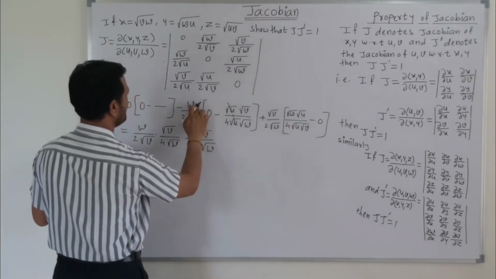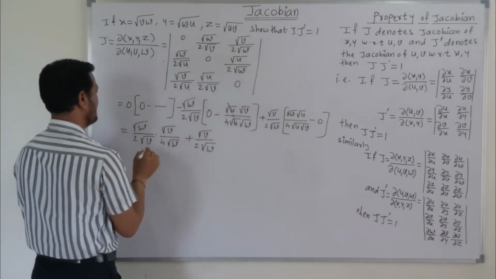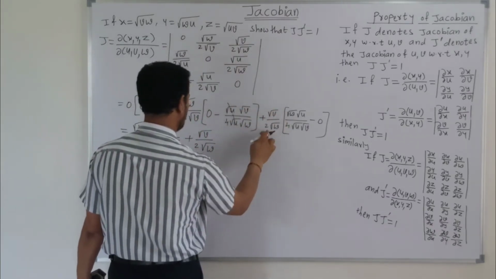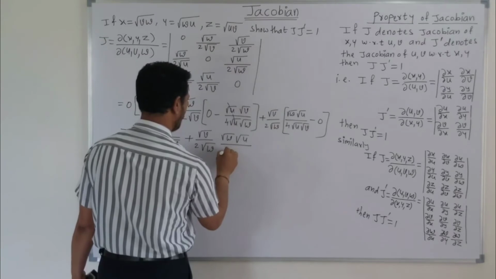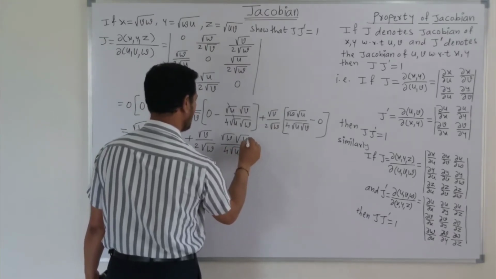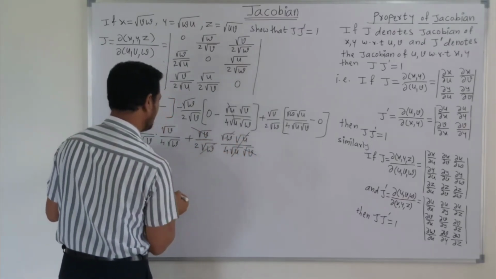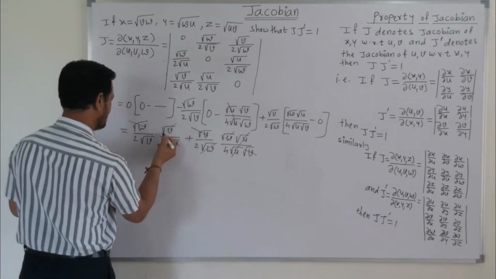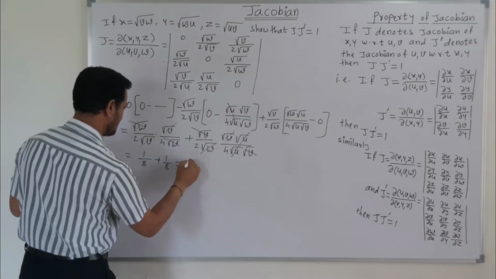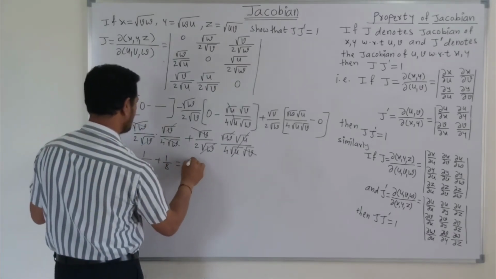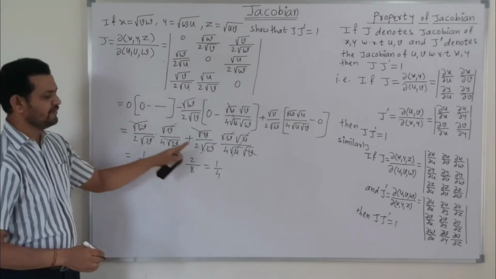So actually here w is there, so this term is root of w. So this is minus, so this is root of w. Then after taking this, v upon this term, so this is root of w root of u upon 4 times root of u root of v. So root of u will get cancelled, then this v will get cancelled, this w will get cancelled. So this is 1 upon 8 plus 1 upon 8, 8 is common, so 2 upon 8, so this is 1 upon 4. So in this way we get the value of the Jacobian, which is 1 upon 4.